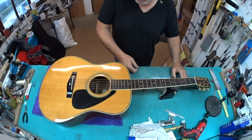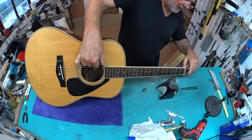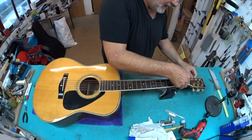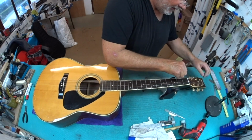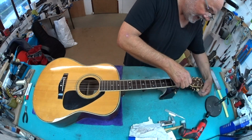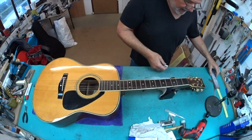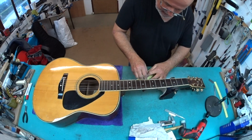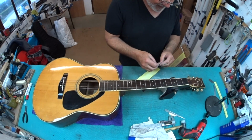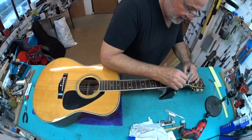Wow, that's interesting. So we've got a mismatch between the radius of the nut and the guitar radius. Isn't it seated in properly? I don't think it quite is. Having got it right on the button for most of the strings, the D and the G look a fraction under where they should be. So it might mean I have to boost this a tiny fraction and then do a small intervention with the D and the G, which is occasionally what you have to do, because that's the other thing you can't be sure of, which is actually what the radius of the nut that Tusk or Graphtech is selling, because quite often